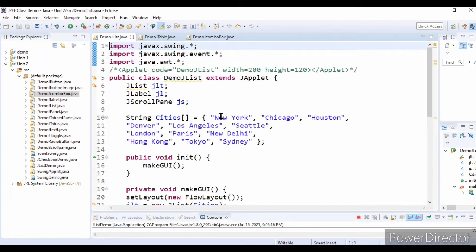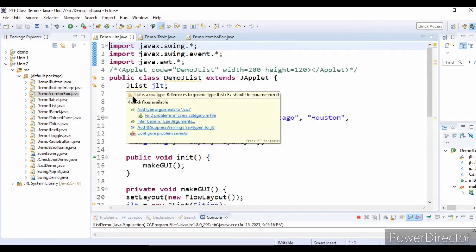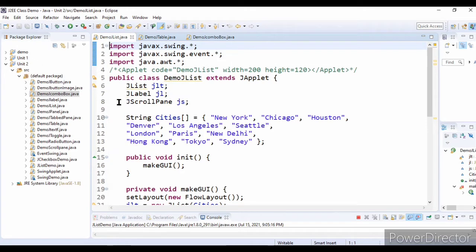As we are writing an applet program, we need to import this line of code in the program. I am writing the DemoJList class and extending JApplet. Initially I am initializing a JList, JLabel and JScrollPane.